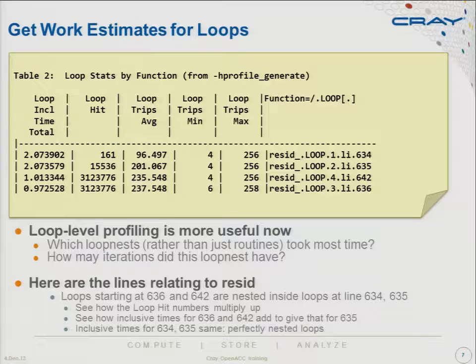Small trip counts are not so good. They may be inefficient. The mean, well, 96 is all right. But this is a loop nest. I've got a loop starting at 634. I've got a loop starting at 635. The inclusive time is almost the same. If you multiply this by this, you get this number. And what that's telling you is that